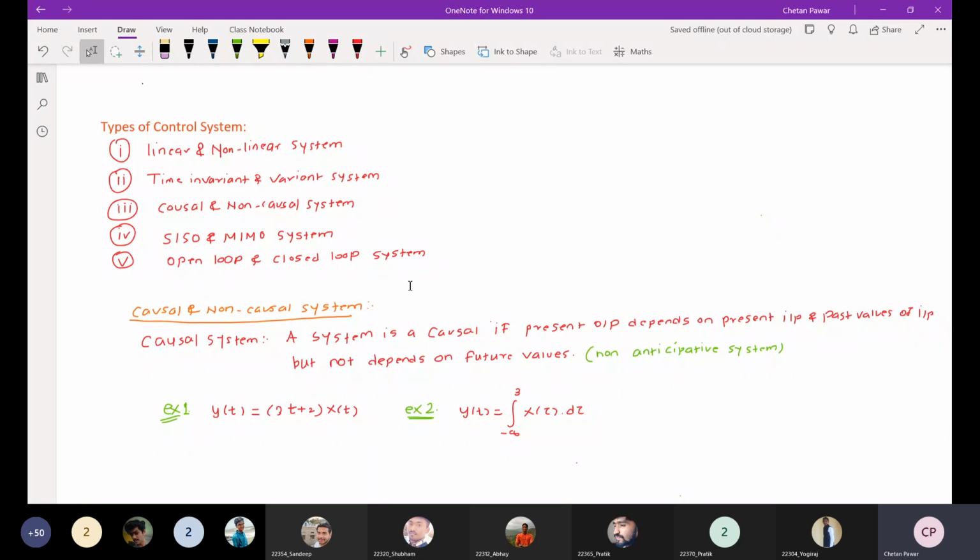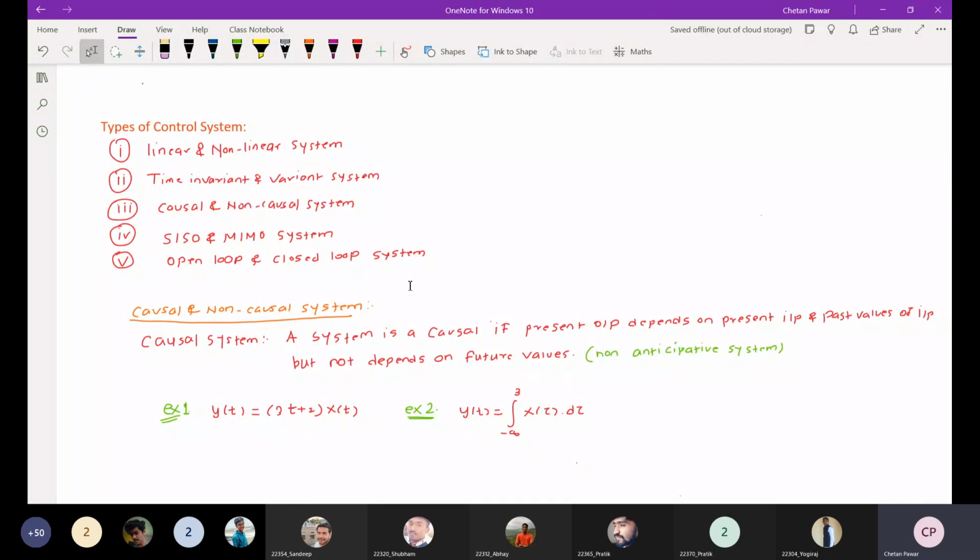So we have covered the prerequisites which will be required for the control system subject. We have covered the main important points of the Laplace transform, which will be helpful when you do the analysis of a particular system. Now we have seen the open loop and closed loop control systems, and we have seen examples for those also.